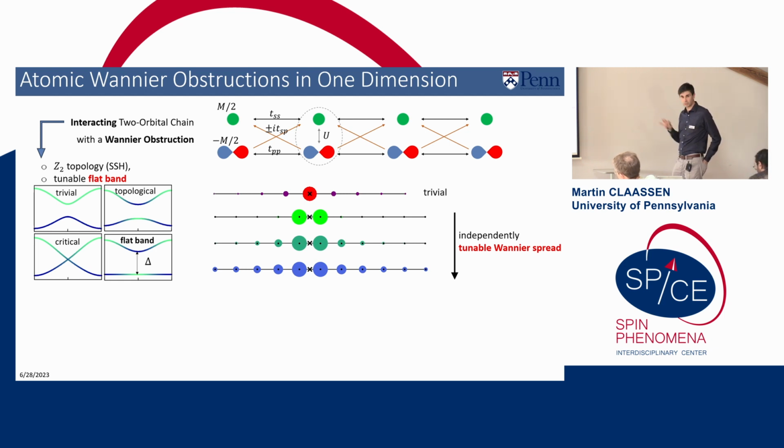But what's neat about this model, and why we're using this as really our fruit fly as a first example of this effect, is that we can independently tune the dispersion of this flat band and the spread of the Wannier functions of the lower band. So again, we're forming a big band gap. We're going to be interested in putting our chemical potential into the lower band and asking about the correlated state at, in this case, half filling, although you can also think about this more generically.